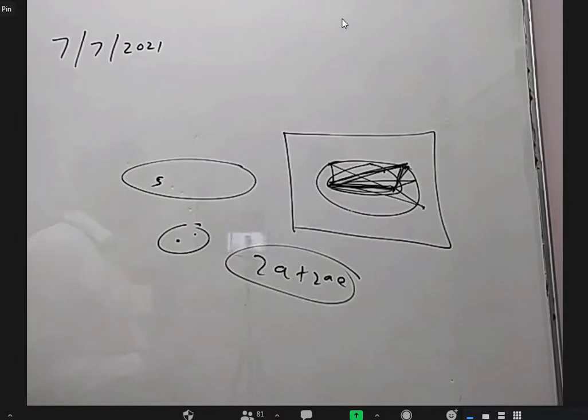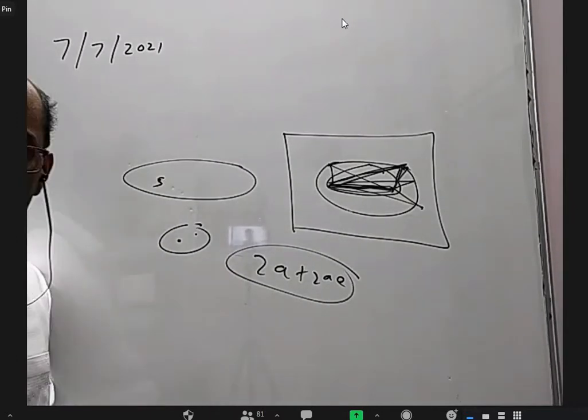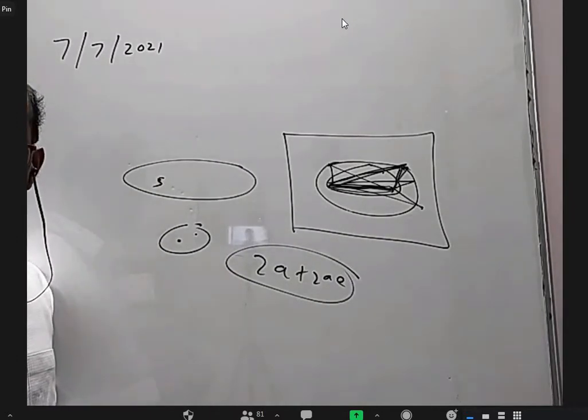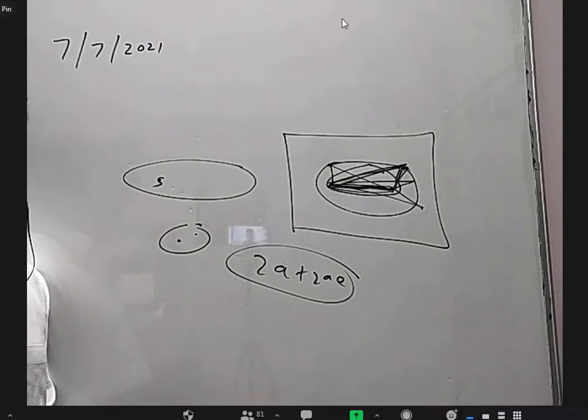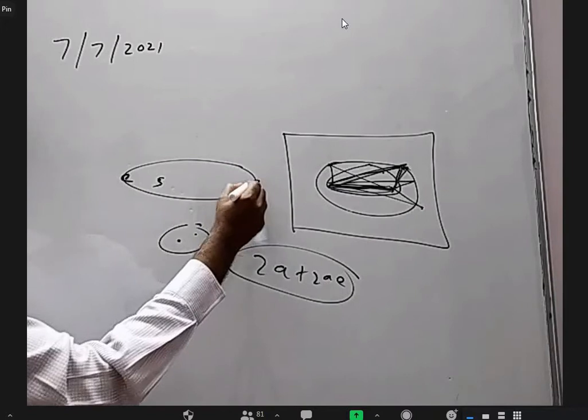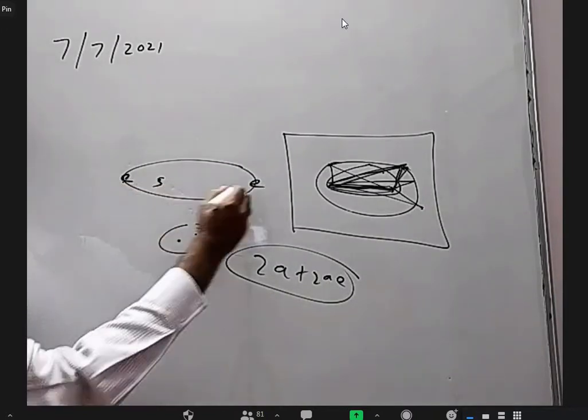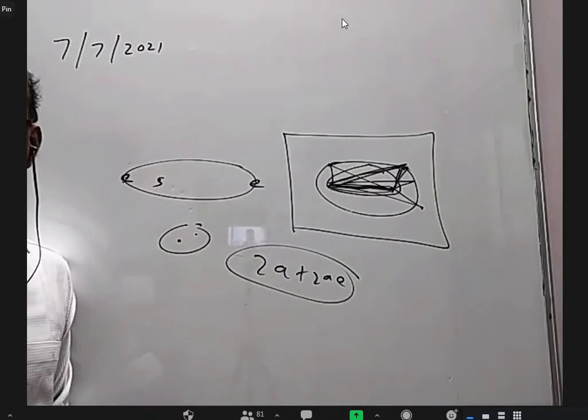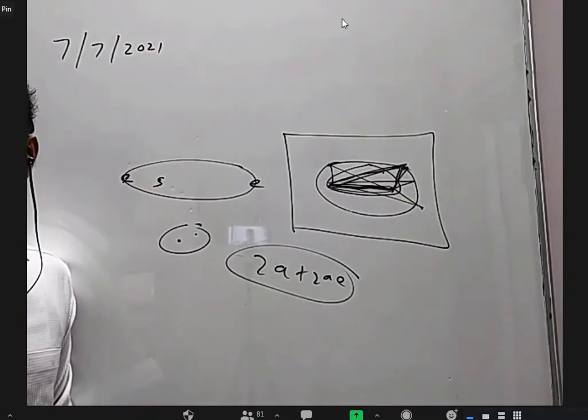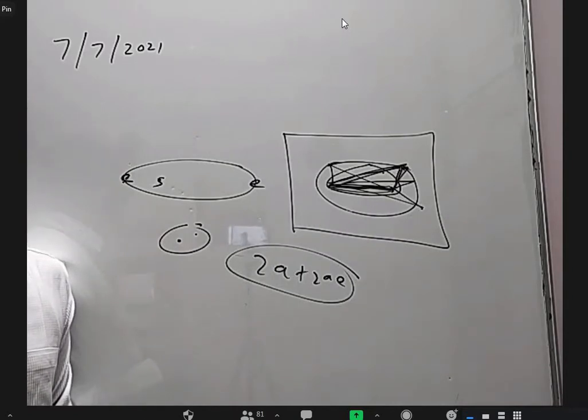Sir, the Sun won't be at the center. Come on, what are you saying, man? When the Earth is here, we get summer. When the Earth is here, we get winter. We are closer to the Sun here. If you were always at the same distance, why would you get seasons, man? Yes or not, Lokeshwar? Yes, sir.